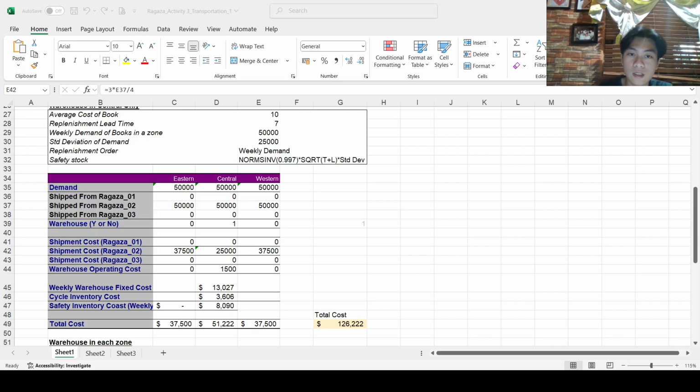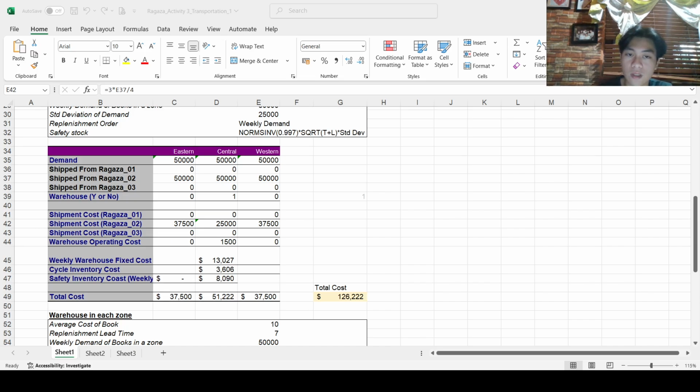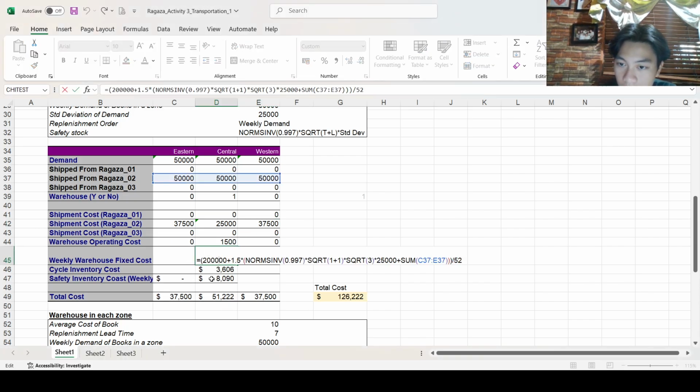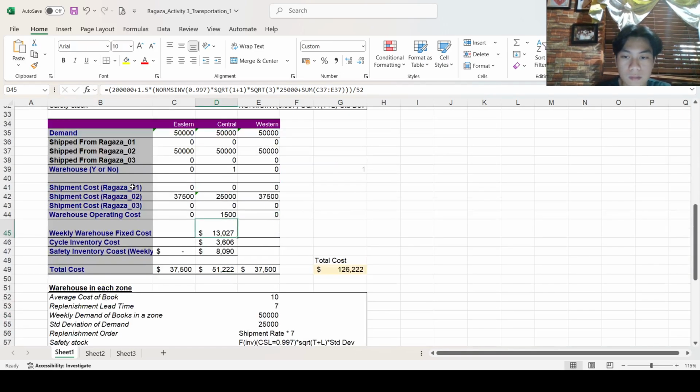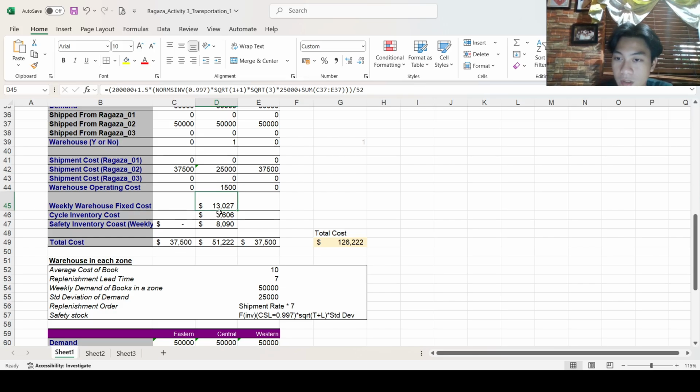Well, the formula for the weekly warehouse costs, this is the formula, which is 200,000 plus the 1.5 times the probability of 0.997 times the square root of 2 times the square root of 3 times the 25,000 plus the sum of the shipment demand from the eastern part, this one. And then dividing it again by 52, which is the total weeks in a year. As we can see that this is the same formula as we seen in the first situation in the current situation. So in the cycle inventory cost, this is the formula,